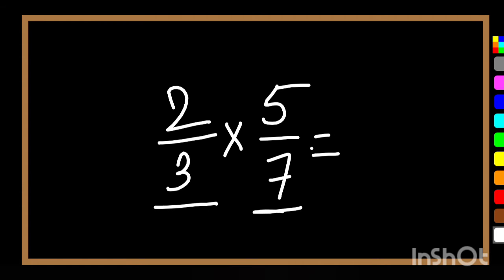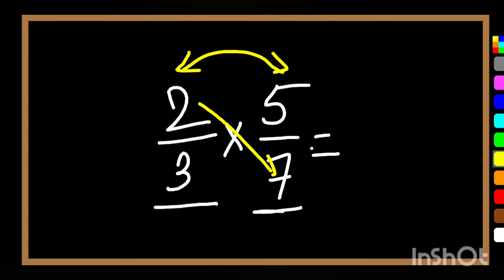See, we know how to reduce a fraction, we know this very well. So you have to understand first in how many ways these two fractions can be simplified or reduced. Okay, see, it can be reduced diagonally, or the numerator and the denominator can also be reduced by any number. Okay, so let's do this sum.